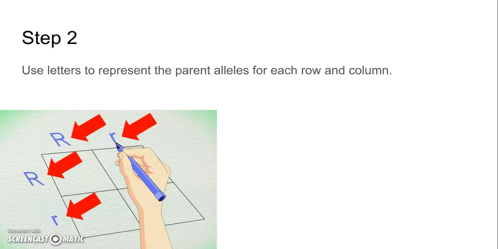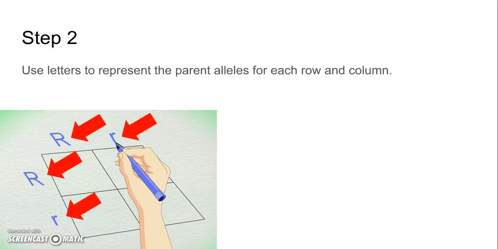The second step is to write all the possible alleles across the top of the square for one parent and all the possible alleles for the other parent down the left-hand side. Each listed allele will become either a column for the top alleles or a row for the left side alleles